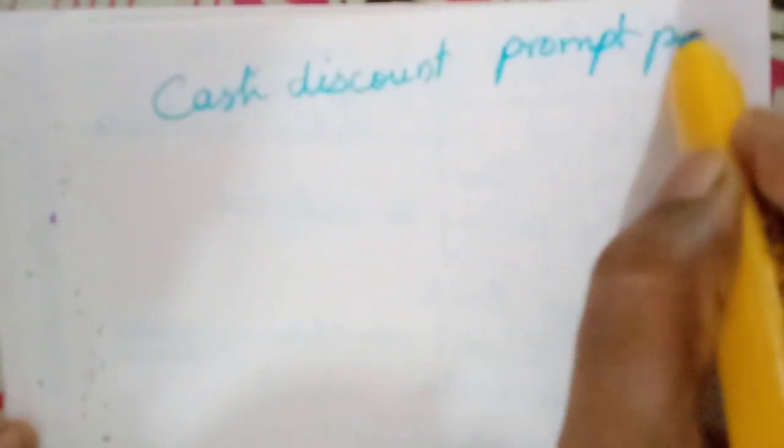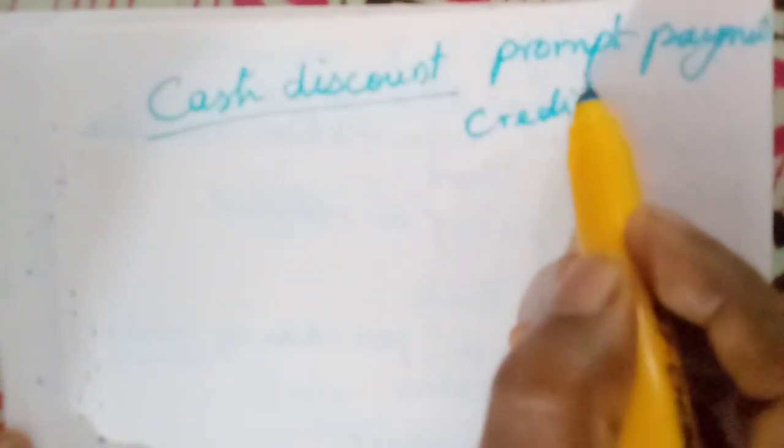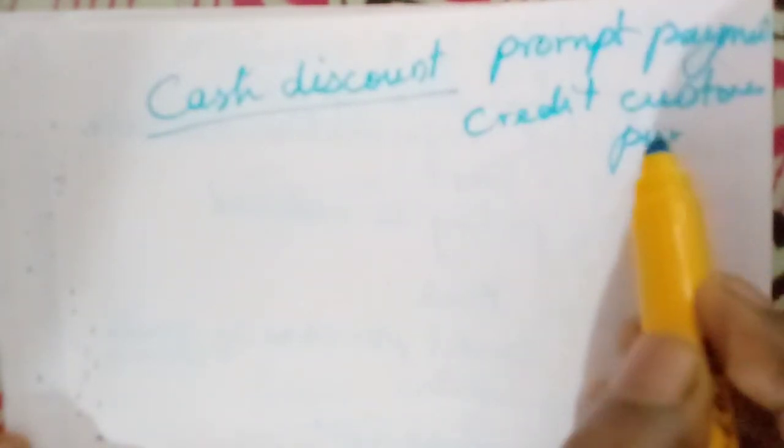It is not given in the book. Given, then I will explain to you. You must understand. What is cash discount? Cash discount is allowed to the credit customer only. It is also allowed by the seller to the buyer in order to make a prompt payment. The credit period will be given for a credit customer. Cash discount is provided to the credit customers, credit purchasers, credit sales.